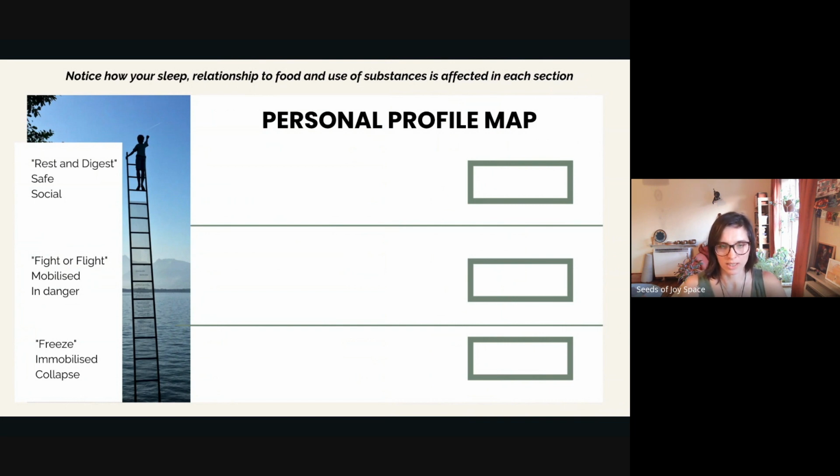And just start mapping this state by asking yourself, what does it feel like in your body? And what do you do there? What do you feel? What do you think and say? And for me, this sympathetic fight or flight energy would be excited, rushed, under pressure, chaos, overwhelmed, stressed, stimulated, ready, pulled in different directions.